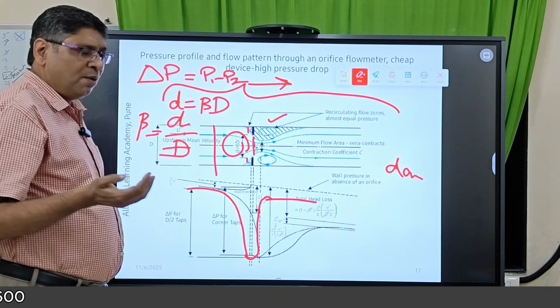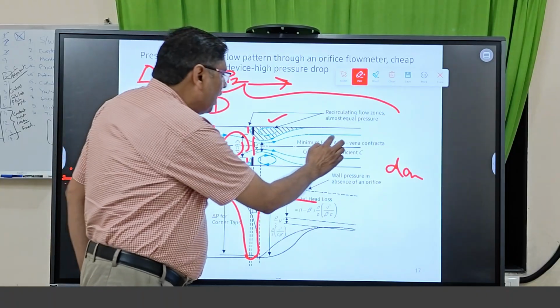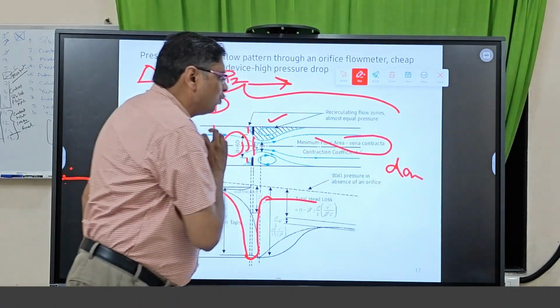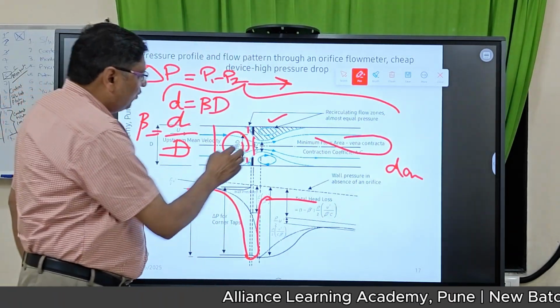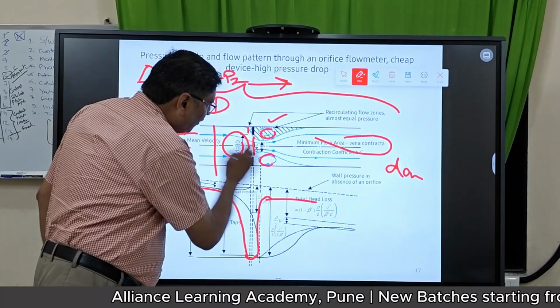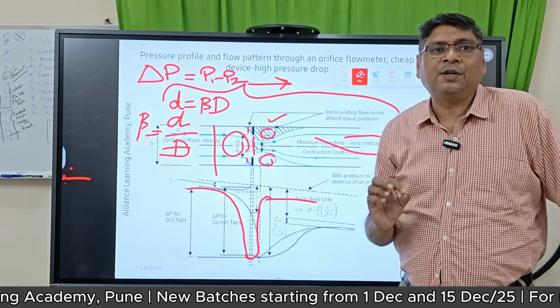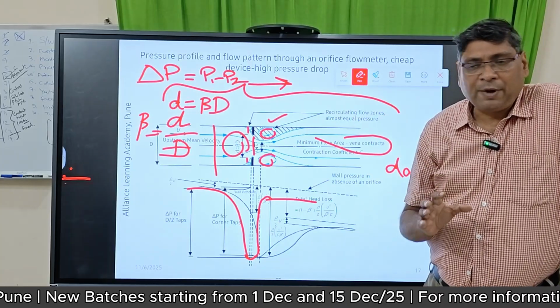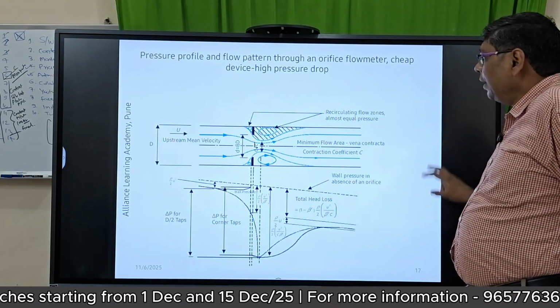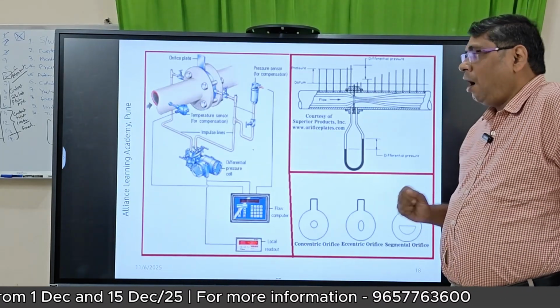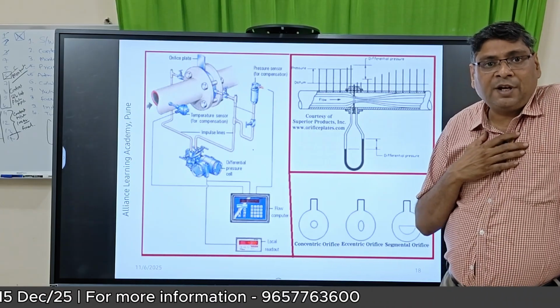Then the second important thing is the vena contracta. You will also understand what is the meaning of vena contracta and what is the reason for the vena contracta. These are the important words when you study the orifice plate. Now in the next slide, we will see how it looks when we install it in